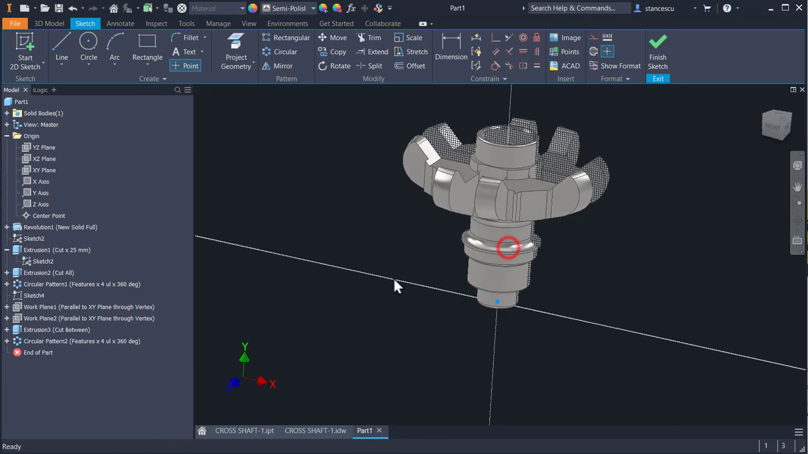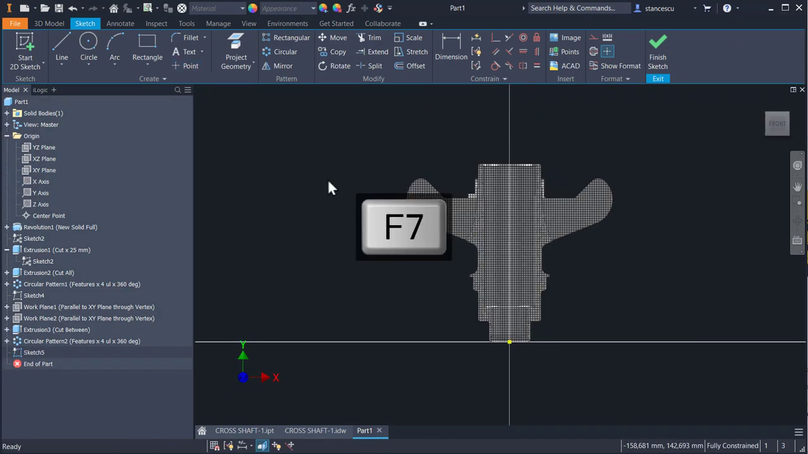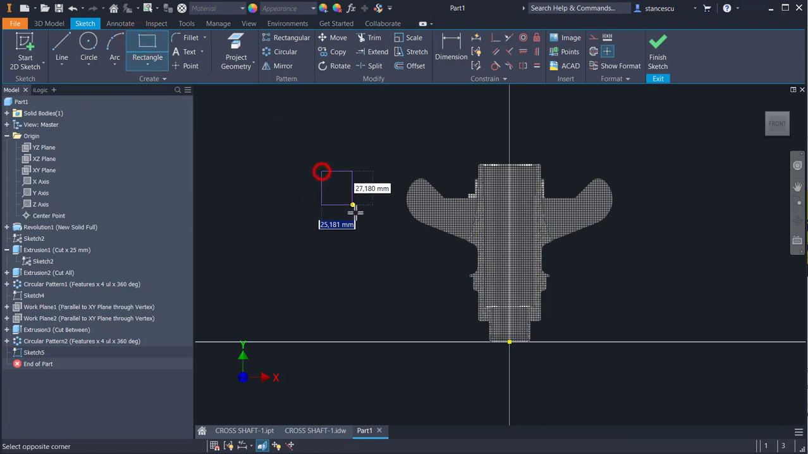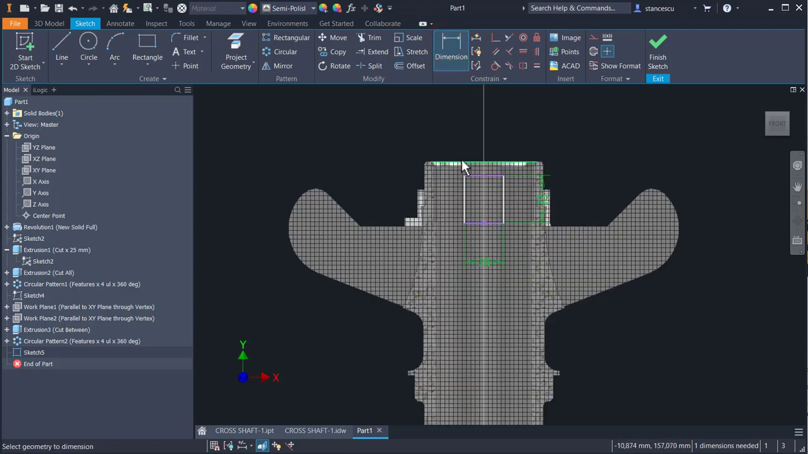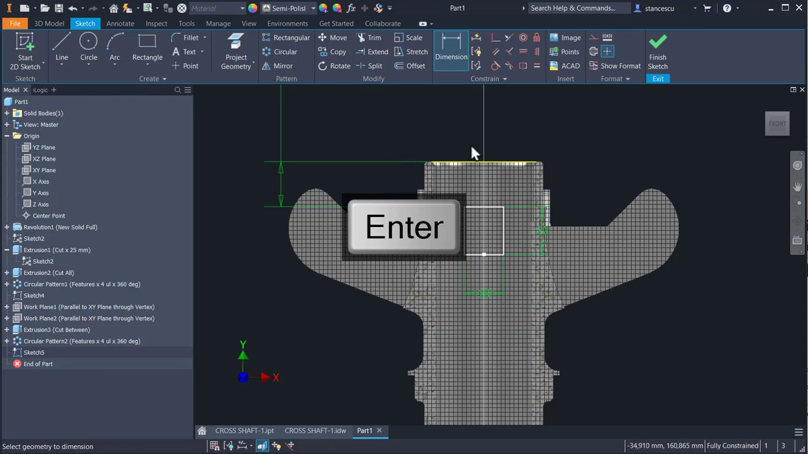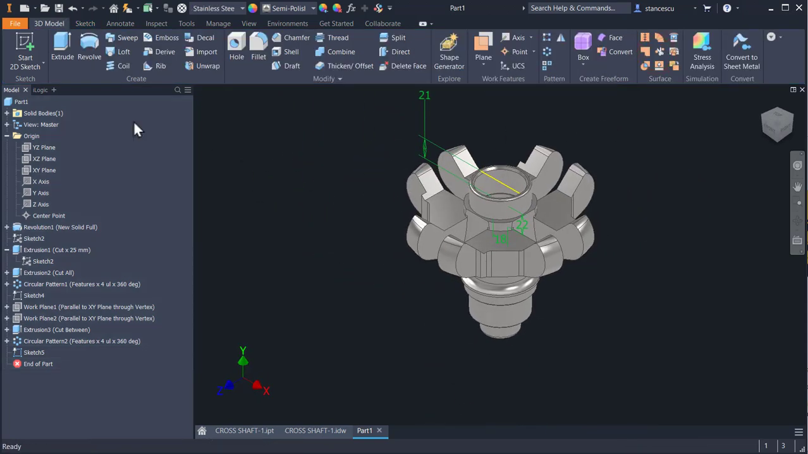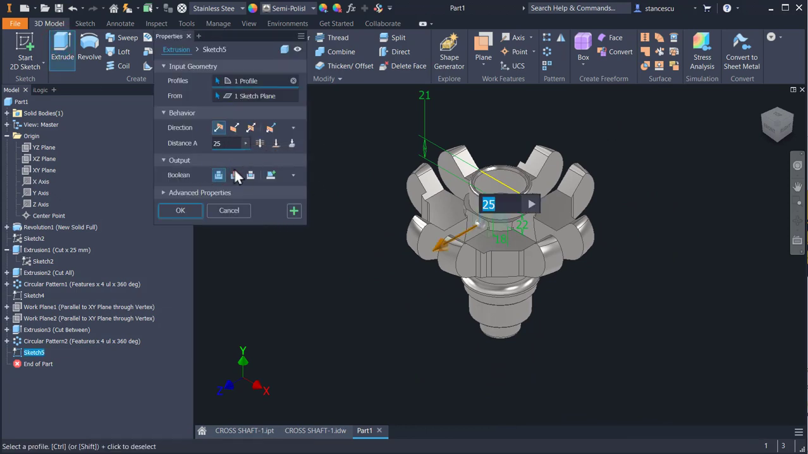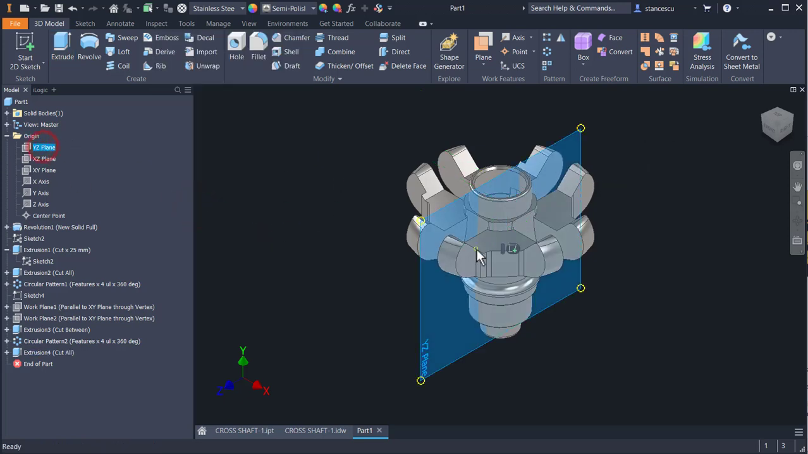XY, F7, rectangle 18 by 22 on the same vertical with the center point, to the center point, and the distance of 21. Finish sketch, extrude, cut all the way through. Okay, now I work in this plane,